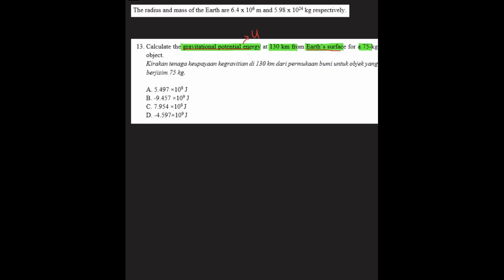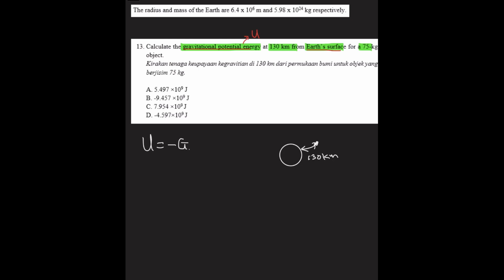So to avoid any mistakes, it's better for you to visualize. Try to draw how the 130 kilometers from the Earth surface looks. Okay, so let's draw first. The Earth, and this is the object which is at a distance of 130 kilometers here. Alright, so gravitational potential energy U, and the equation for gravitational potential energy, by referring to your list of formula that will be given in your PSPM, you can look there and choose which equation you should use, which is U is equal to